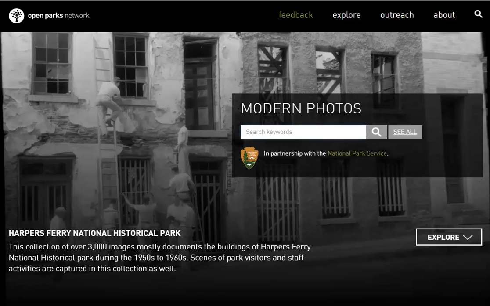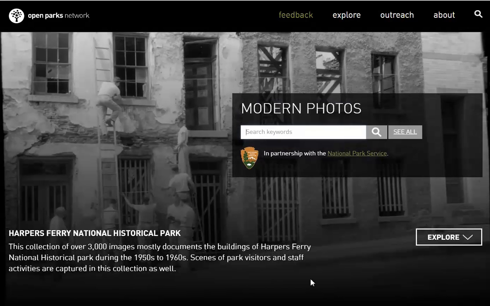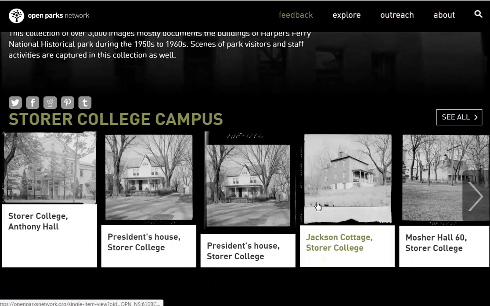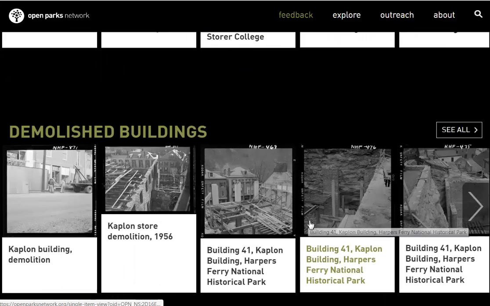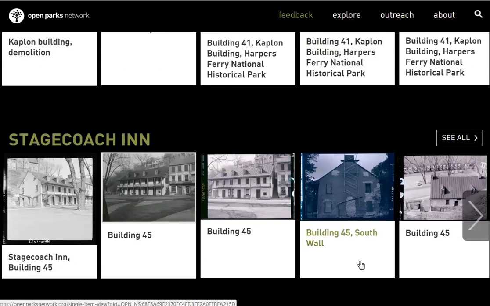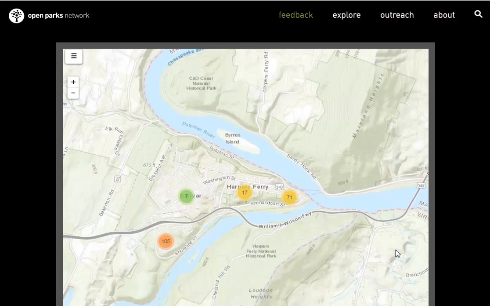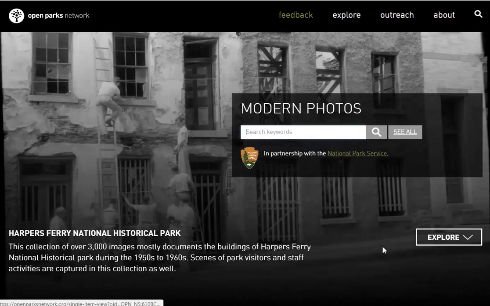If we did a keyword search within this box, it will only search this collection. So this is typically a good place to start if you know you want to search within one specific collection. Down below on the collection page, we have a couple rows which highlight locations, subject terms within the collection, and again another location, and also our map interface, which I'm going to show you in a separate video because I don't want to make this one too lengthy. So we're going to do a search here. Let's say we're looking for visitors